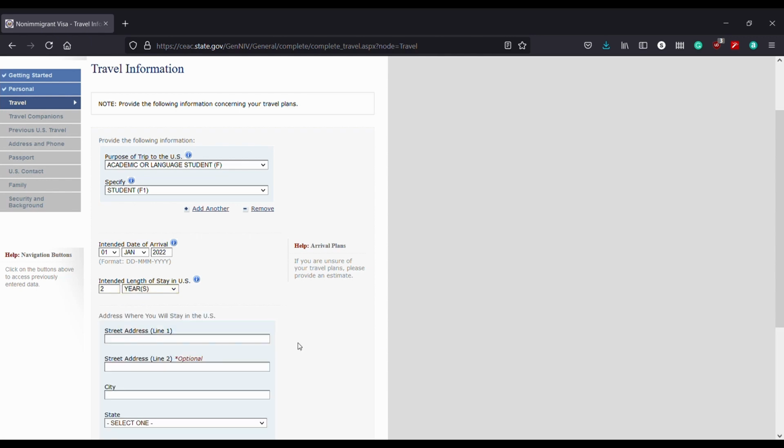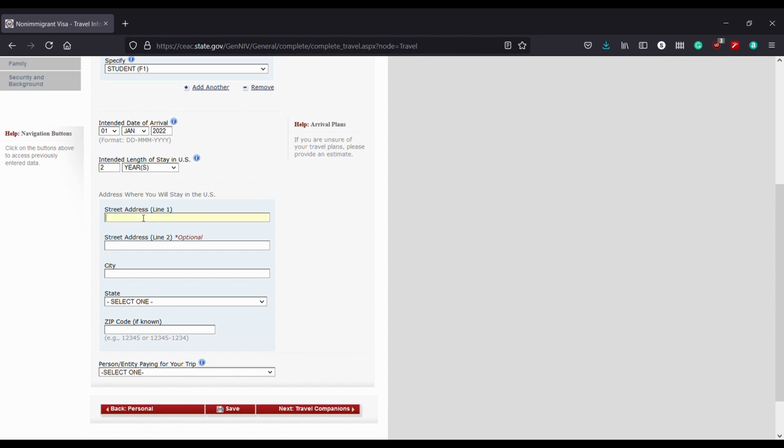So for the address where you will stay in the US, you can mention your college address as mentioned on your I-20.